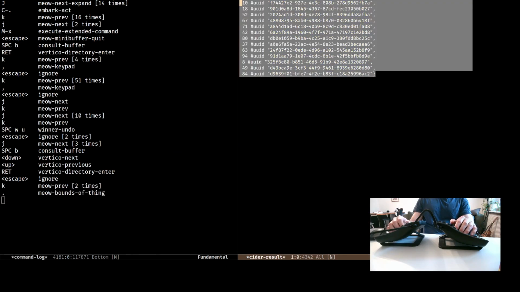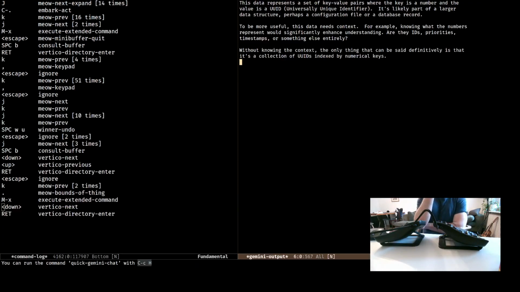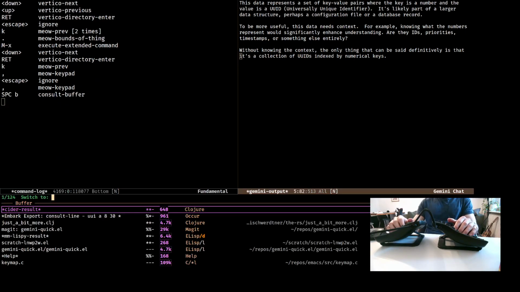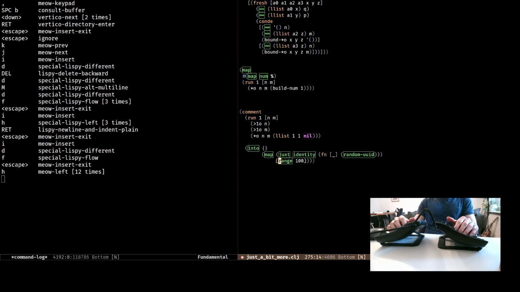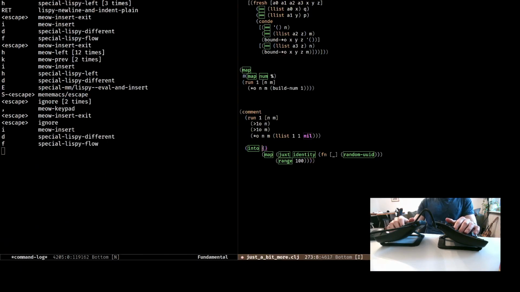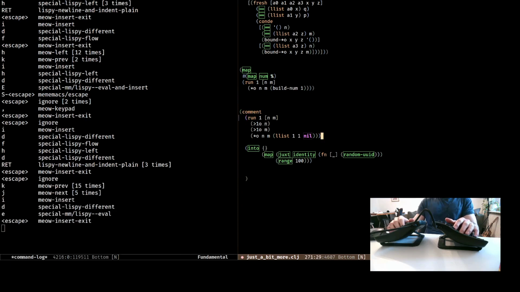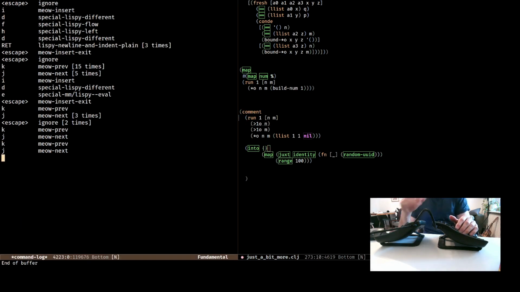But I could also narrow down in this way and now ask Gemini again, and this is way faster. Key value pairs, the keys are numbers, the value is a UUID, part of a larger data structure. Yeah, and this is part of the power where if I would go to some other editor, I would feel restricted because I can't interact with my program and the data in the same ways. For example,